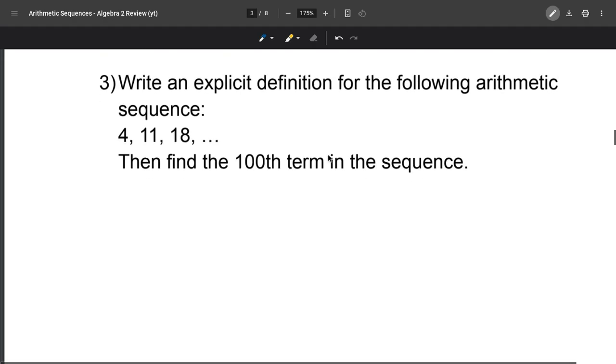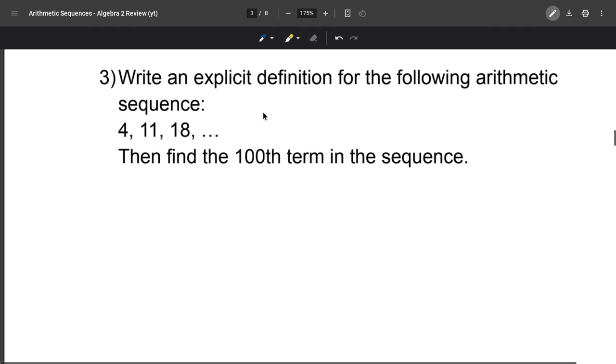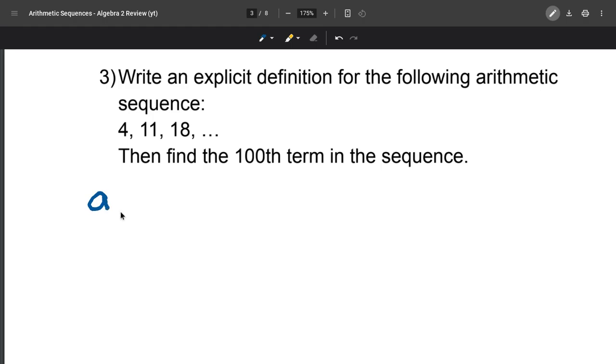All right, next one's a little bit more complicated. It says, write an explicit definition for the following arithmetic sequence. We have 4, then 11, then 18, and then find the 100th term of the sequence. So my explicit definition is going to be the nth term, a sub n, is going to equal the first term, a sub 1,